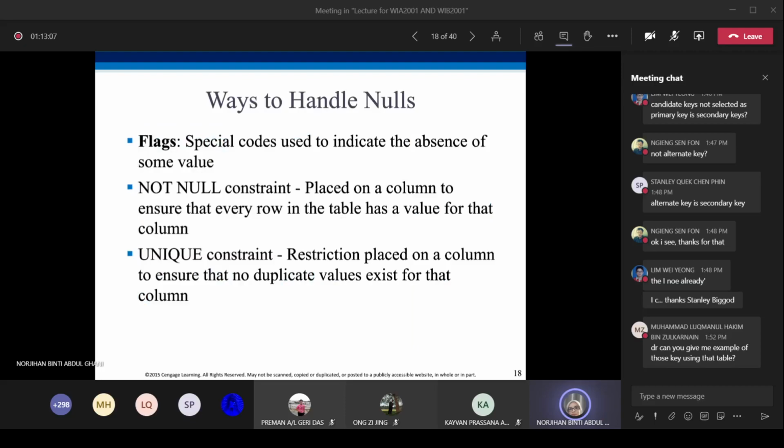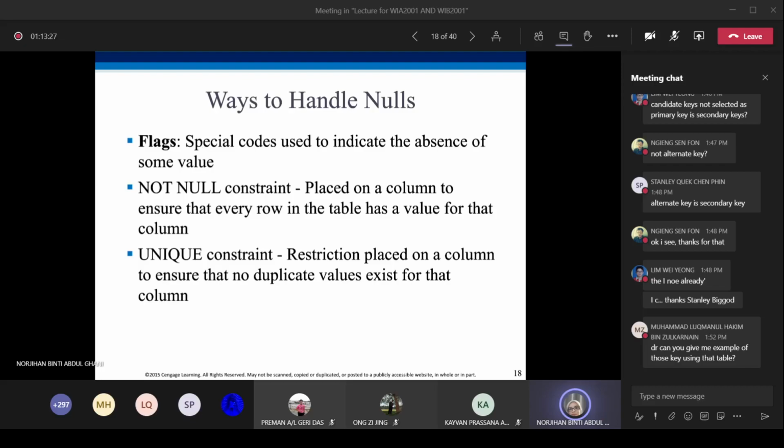Ways to handle nulls. We can use flags. A flag is a special code used to indicate the absence of some value.